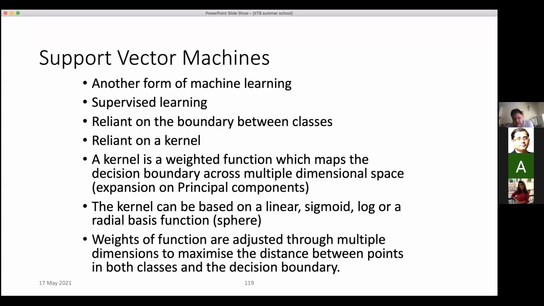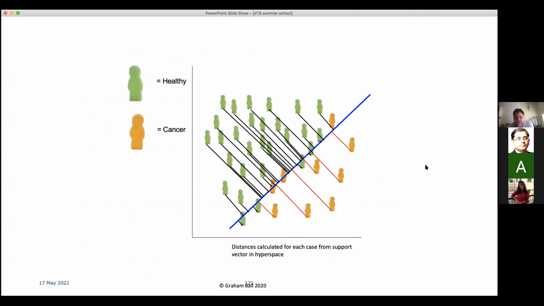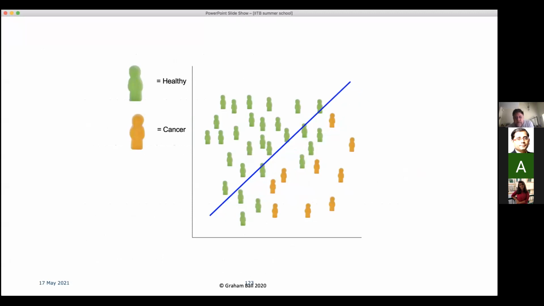And then that kernel can be a linear function, it can be a logistic function, sigmoid, a log function, or a radial basis function, which is a sphere. And basically the weights of this function are adjusted to maximize the distance between the points and the boundary for all individuals in the population. So what that would look like is, again, we have our decision boundary. What it's doing is measuring the distance between every individual and the line. And then it moves the line until that distance